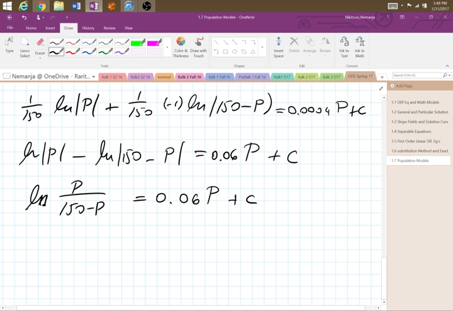Exponentiate both sides. P over 150 minus P is equal to e to the 0.06P plus C. All right, thank you. So now we just separate